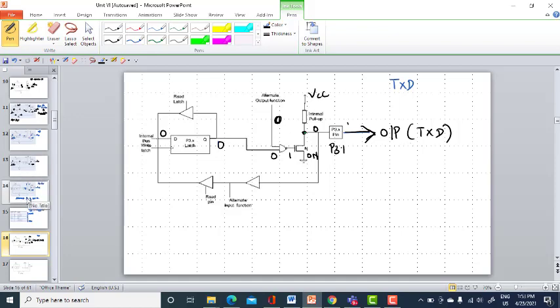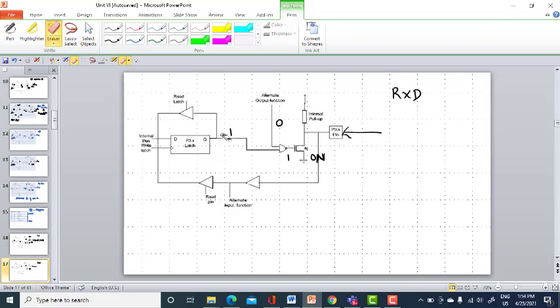Now let me come to RXD. If you want to make it an RXD pin, it is an input pin. At that time, you will make the alternate output function 1, and this is 1 over here, because it is going to be the input port. So with 1 and 1, this will definitely be 0, and this will be off.